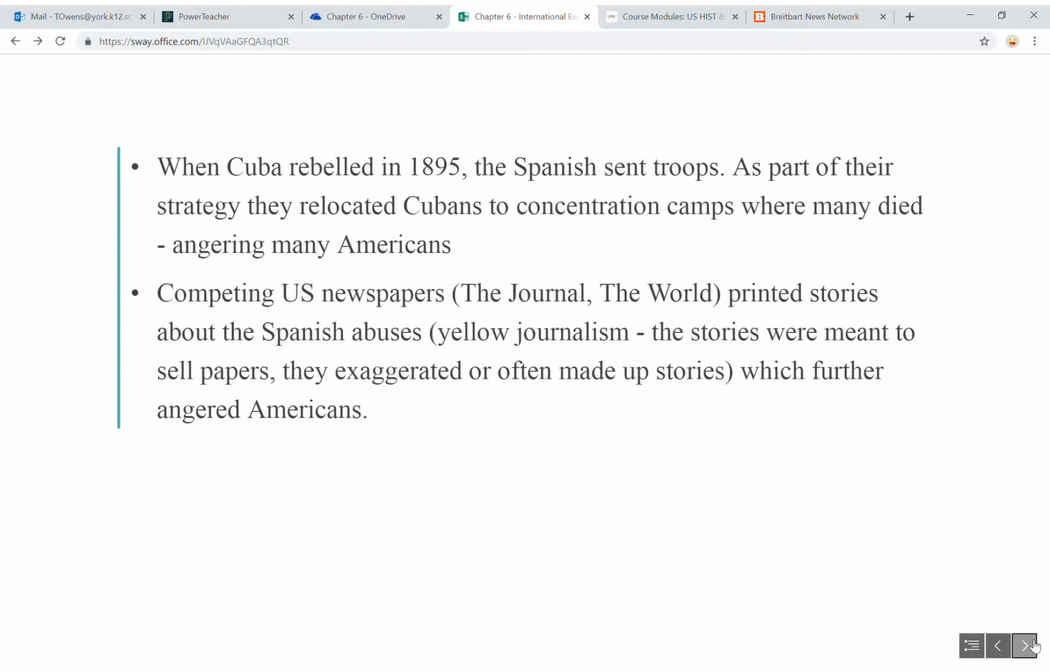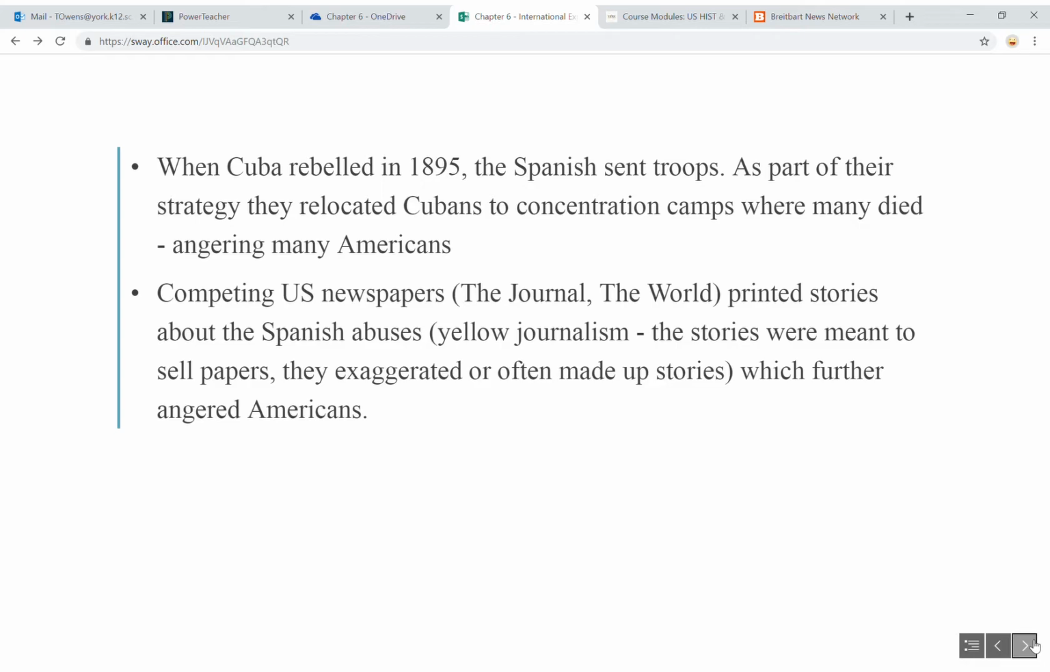But anyway, the Spanish were not really willing to let the Cubans go. And so they're going to send a General Valeriano Weyler, whose nickname was the Butcher, to Cuba to take care of the situation. And the atrocities that he committed are going to be reported, particularly in two competing newspapers, the Journal and the